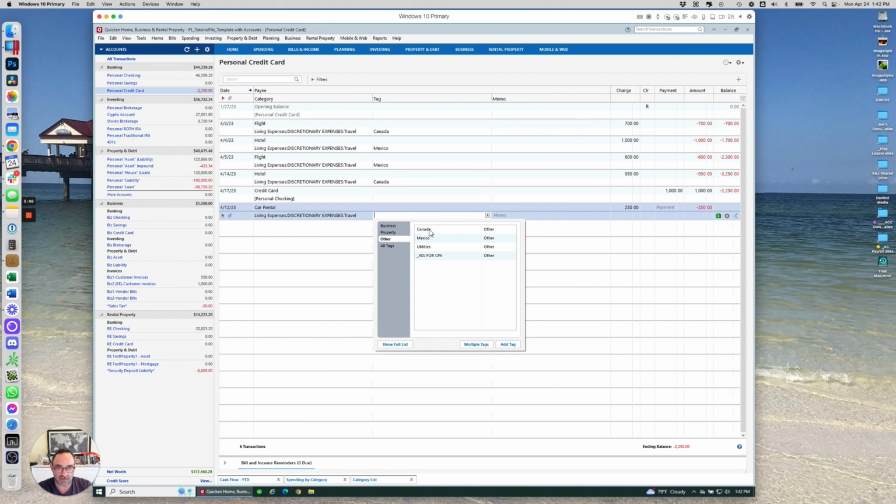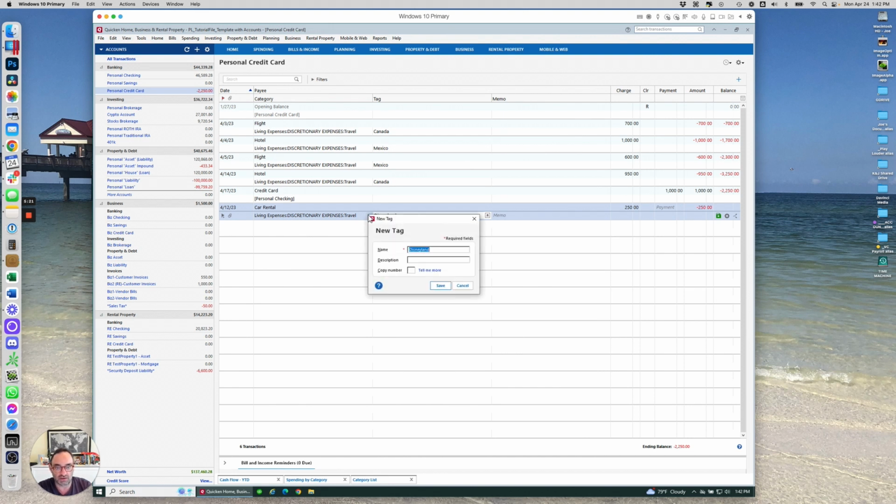Now I already have a Canada tag in here I made, but say I made another trip. We'll call this Florida. We'll call it Disneyland. When you tab out of that box there, I just hit tab. But also, if you just click elsewhere or try to save it, it's going to say, hey, there's no tag labeled this. It'll put in what you typed in automatically,